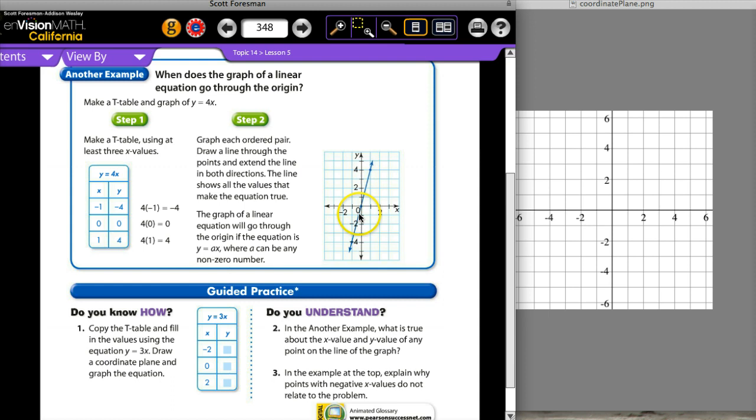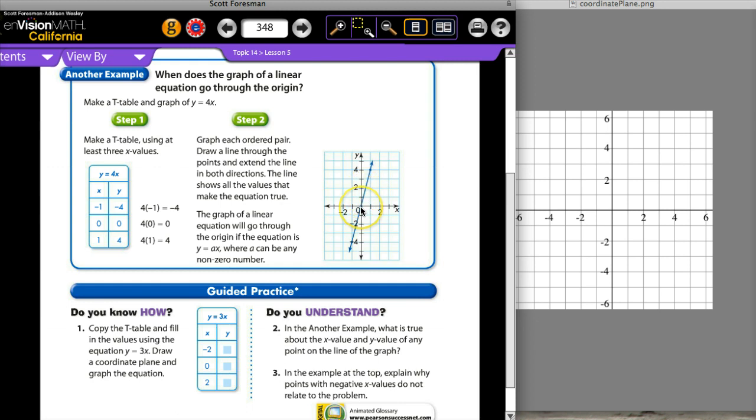So basically it's asking you if a point is on this line, what does it tell you about it? After you've had a chance to think about that, hopefully you'll come to a conclusion that brings you back to this equation. I won't give you the answer, but what it's asking for is if you were to pick